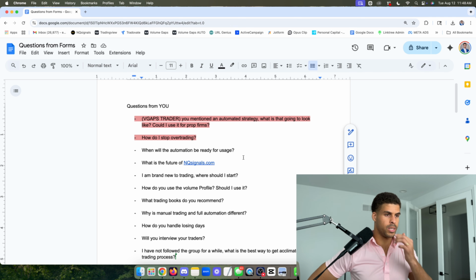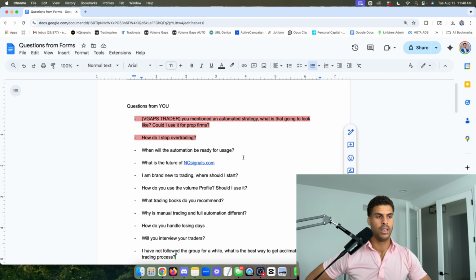What I want to do is test it, make sure that it actually works and runs and hits profits and whatnot. And then we'll probably try and use it in a funded account, and we'll see what happens with that. I have an Alpha Futures account we can use on it for that. All right, so that kind of takes care of that. A couple weeks, I would say. We'll see. It's a VGAP trader, I guess.